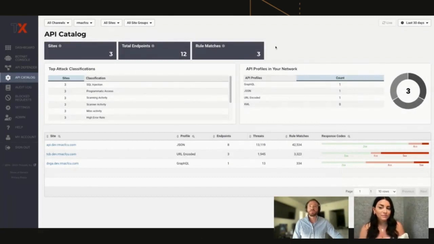So, for example, you can log in as a security analyst and understand the number of sites that are protected, the total number of endpoints that we're seeing, and the total number of rule matches over the time base. From there, what we'll do is break down all of the top attack classifications. In this example, we see SQL injection, we see programmatic access to our sites, we see other scanning activity or high error rates. All that may indicate we may be under some sort of attack or there may be nefarious